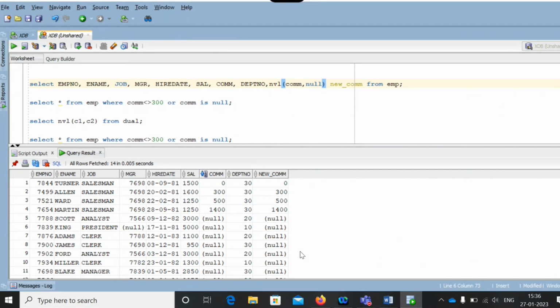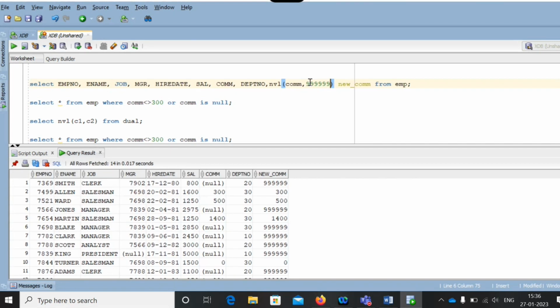Okay. Now this is also one function. You may get in the function concept, but here, so now see we are getting these results. NVL of. So we can mention some default value like 999, something like that. Okay, you are getting this. Replace the null with the not null value, the given not null value.